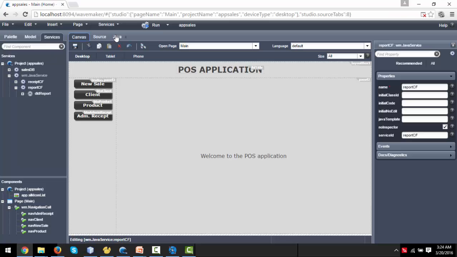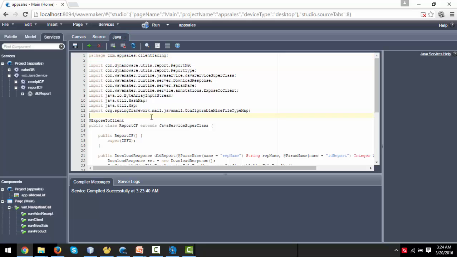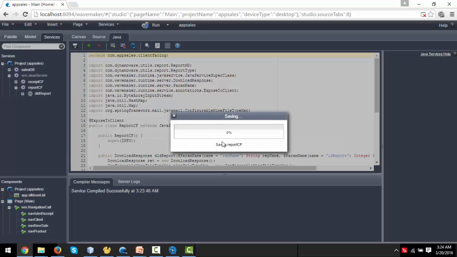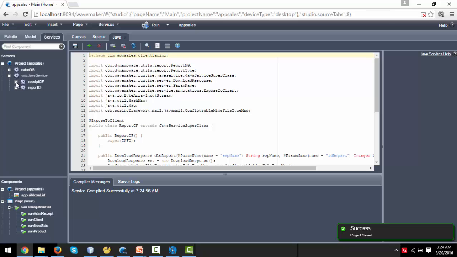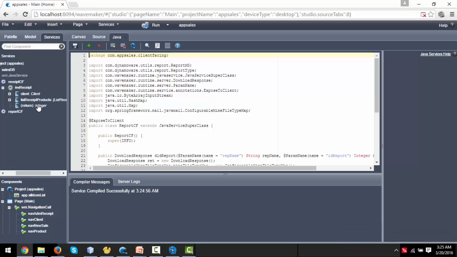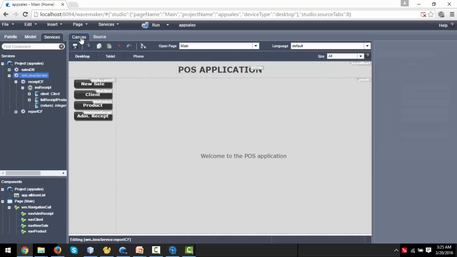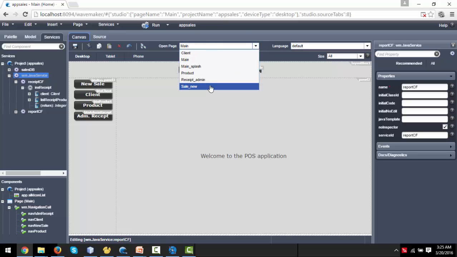So we'll have to redo this. Even though I am in the report CF file, doing this will work. Okay, so if I check my receipts, its return type is now an integer, so that's exactly what I need. Alright, so let's go to our new sale,